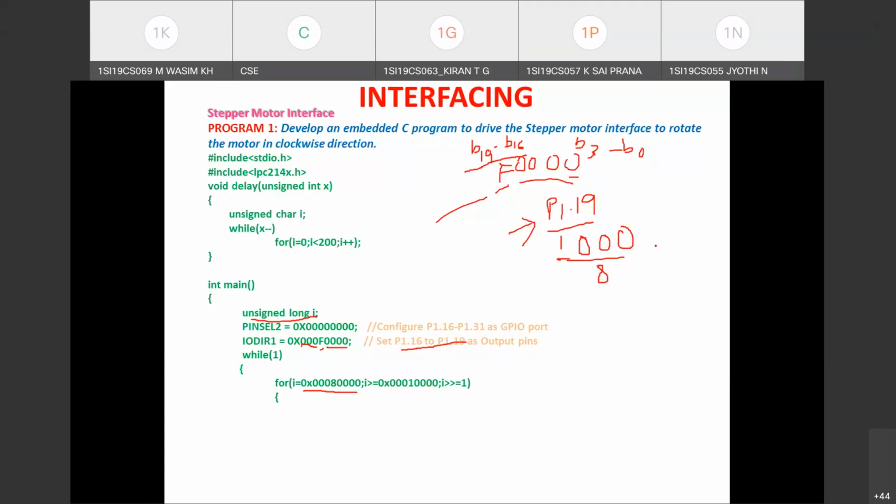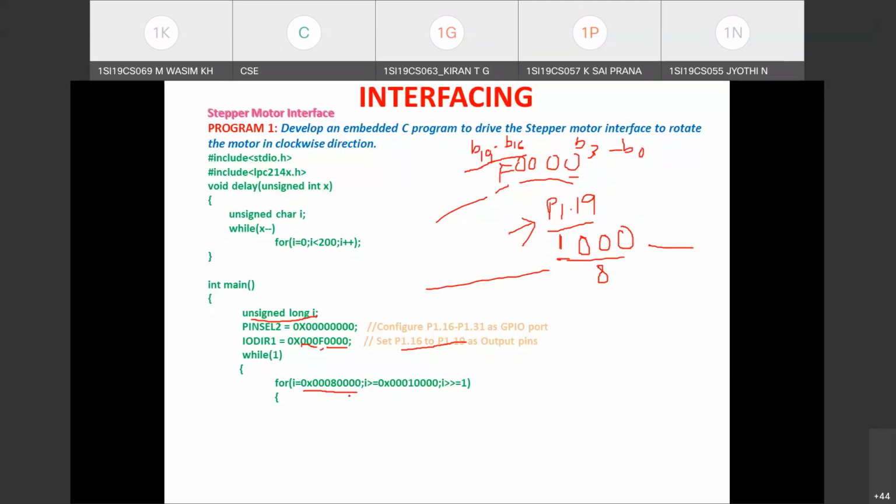Next, the rest of the bits: port 1.15 to port 1.0, all those bits are 0, and the higher order bits, port 1.20 to port 1.31, all the bit statuses are 0. So we are taking 1 only at bit position 19, and the rest of the bit positions will be 0.